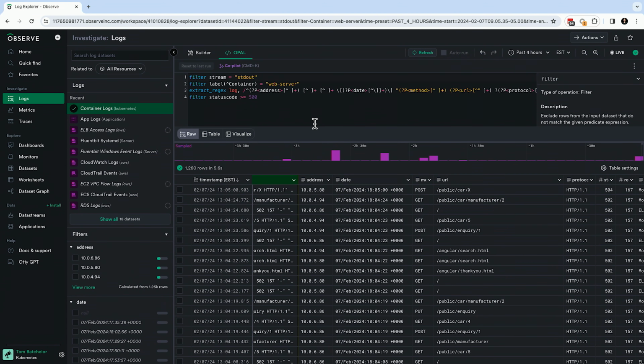But what I can do here is I can go to my Opal console. And so this is the query we have here that we've been building through the UI. Now we kind of want to step beyond what the UI can do. But I don't need to know Opal. So if I want to know which URLs are impacted, I might want to do count by URLs as a